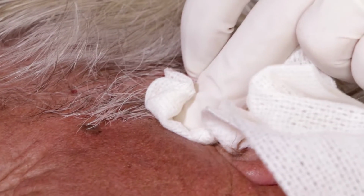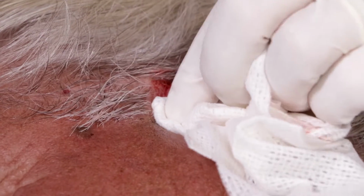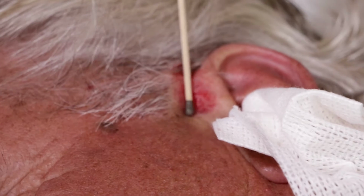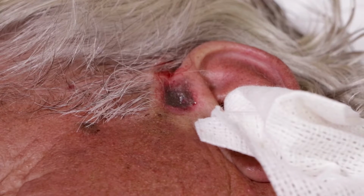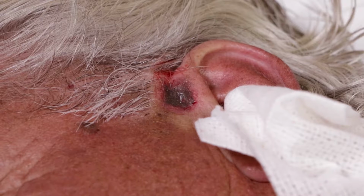I'm pushing kind of hard. The reason I'm pushing hard is to push all the blood out, because cautery doesn't work well in a wet environment. All right, so that's one. And then we go through again